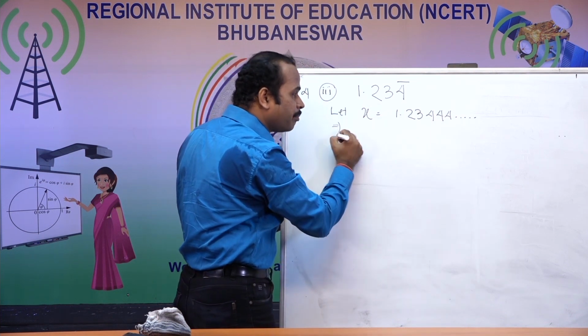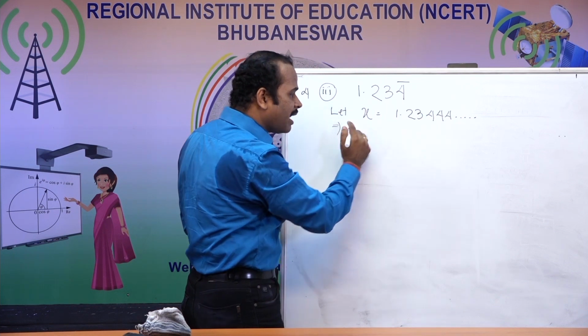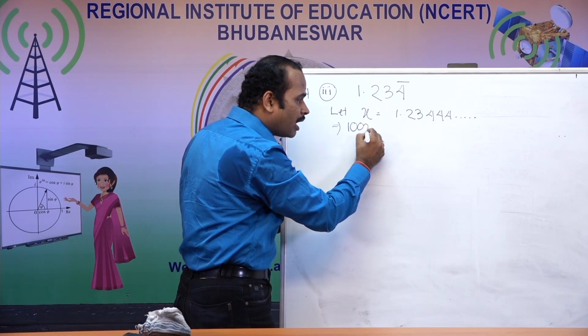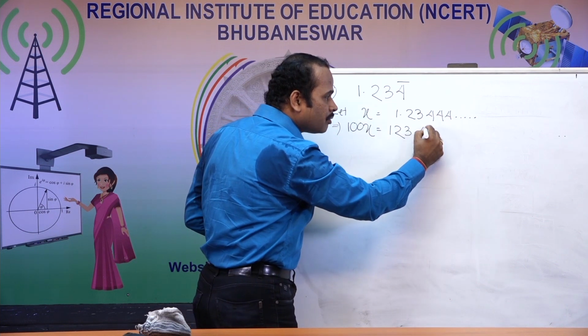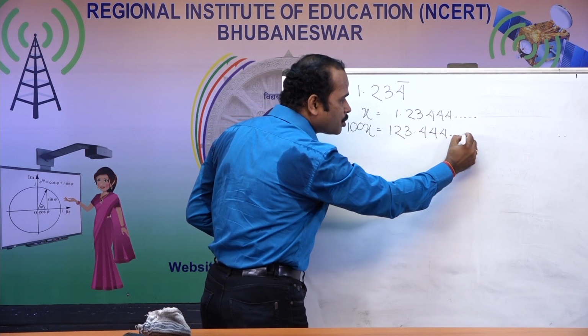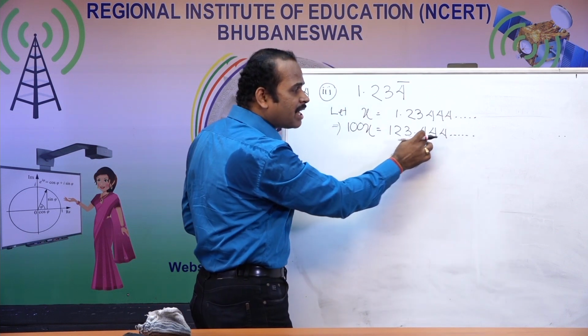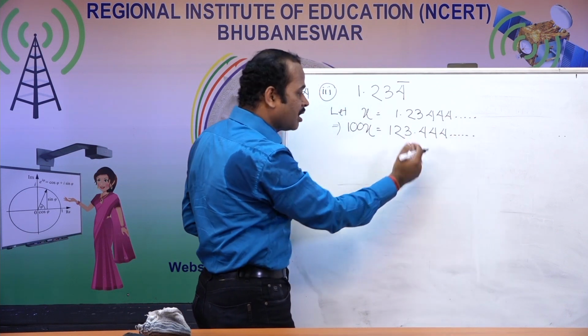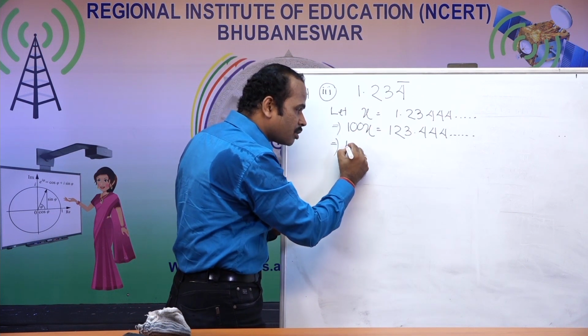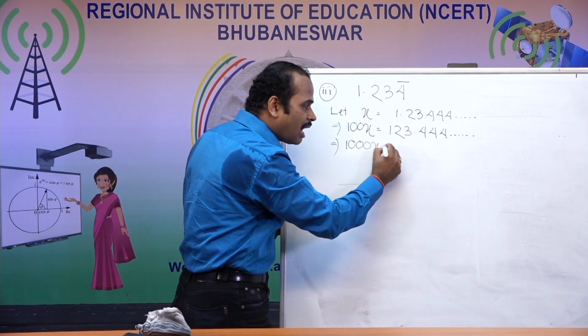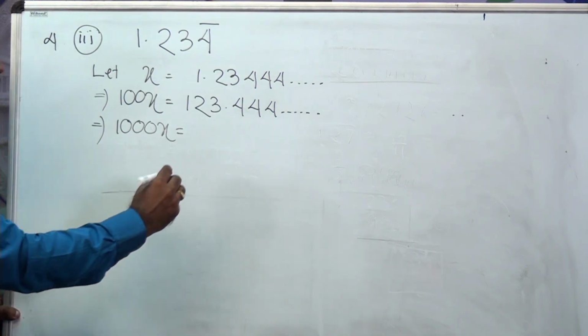So I will find, to bring these 2 digits to this side, I have to multiply 100. So 100x equal to how much? It will be 123.444 and so on. Now this 4 is repeated every time. This single digit 4 is repeated. So to bring this 4 to this side, I have to multiply more 10 to this 100x. So this will become now 1000x. And 1000x equal to how much? 1000x will become